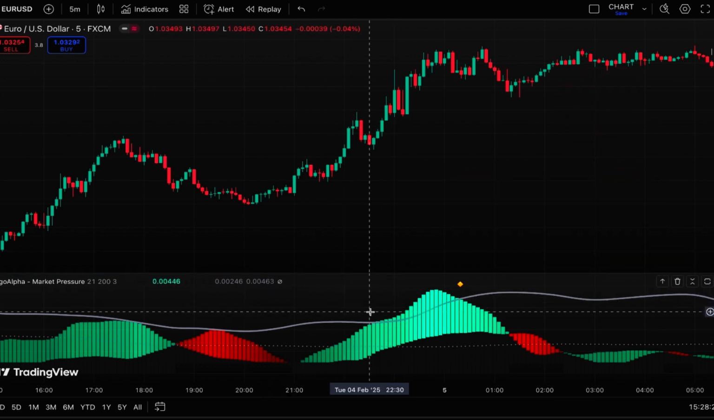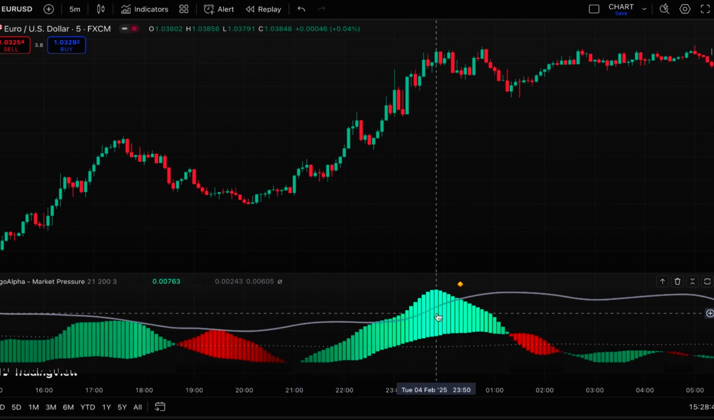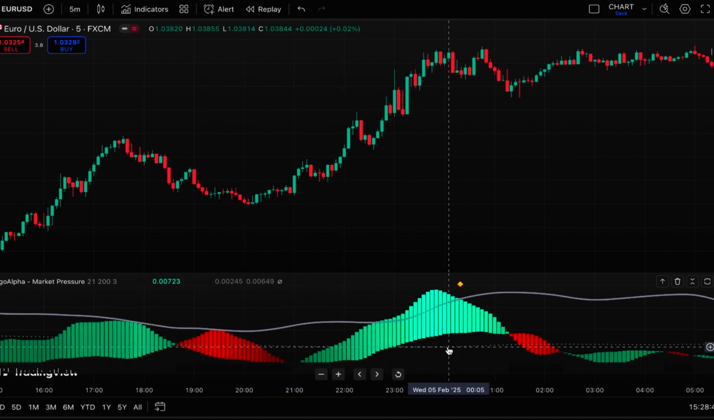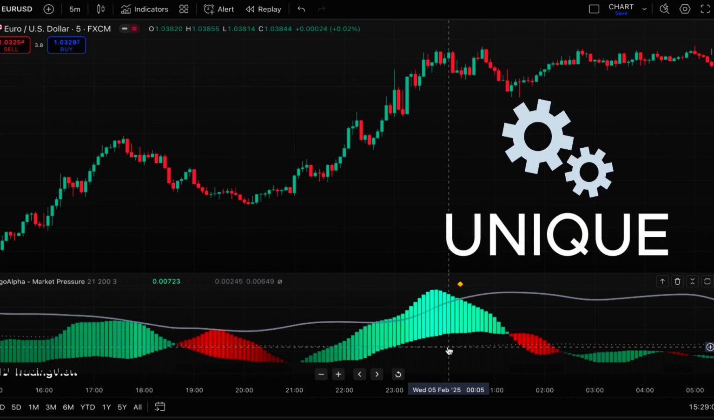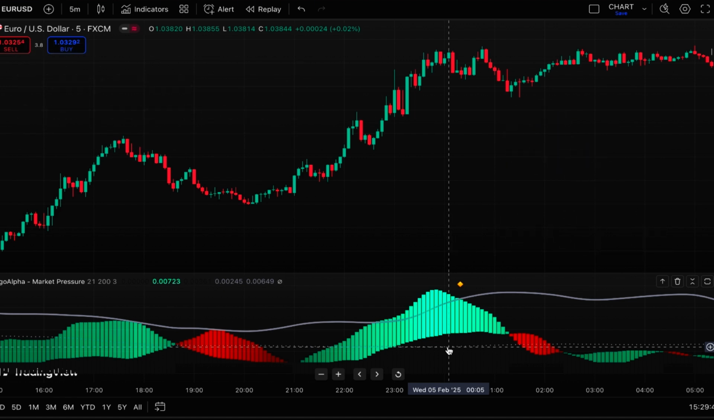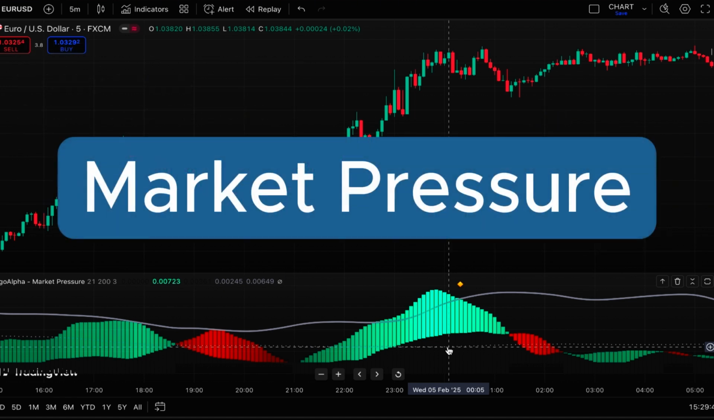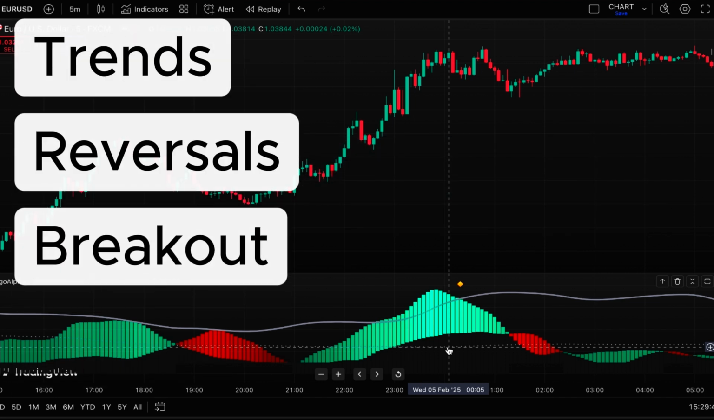It's actually an oscillator, and you can see that we have a type of dynamic histogram that is moving above and below the center line. This indicator measures bullish and bearish momentum by the help of unique and special calculations that are based on volatility analysis and dynamic smoothing techniques. This indicator gives you a visual measure of market pressure, so helping you with trend identification, reversals, breakout opportunities, and